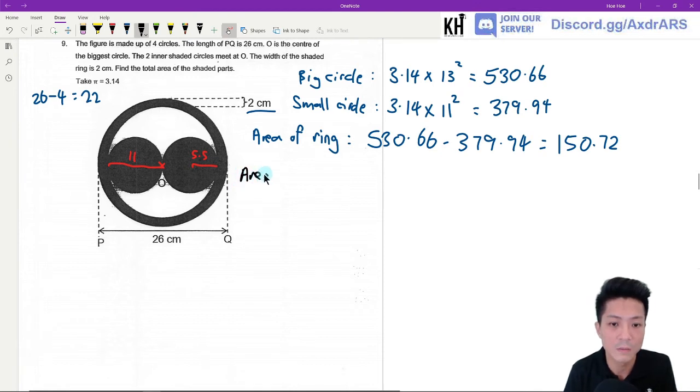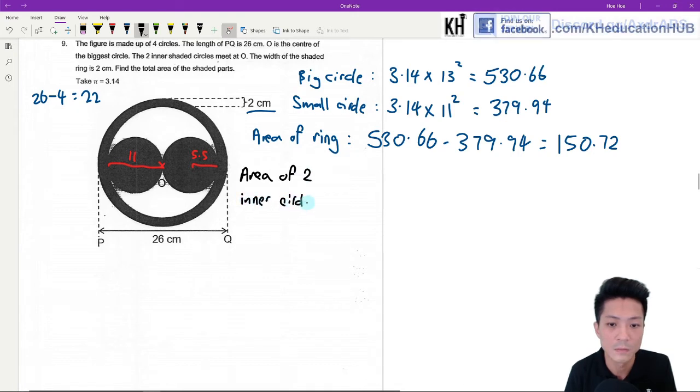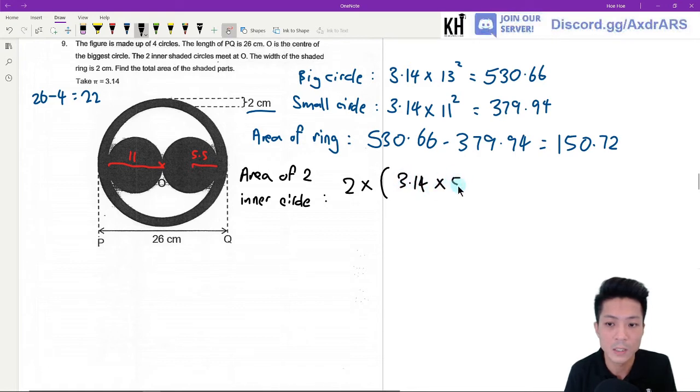Area of two inner circles is gonna be 2 times pi r squared. This is going to give me